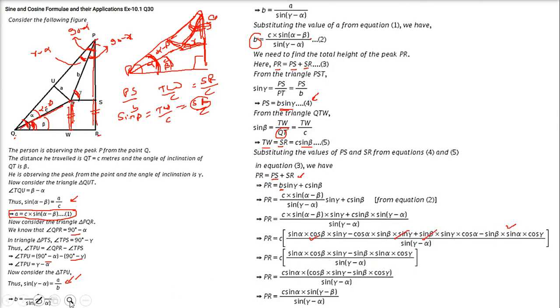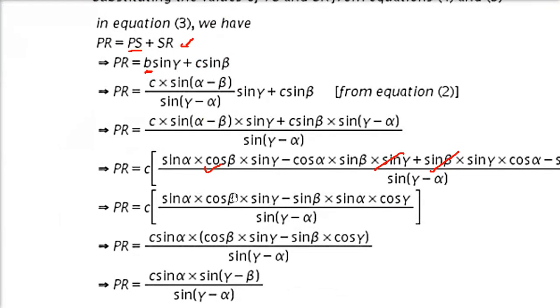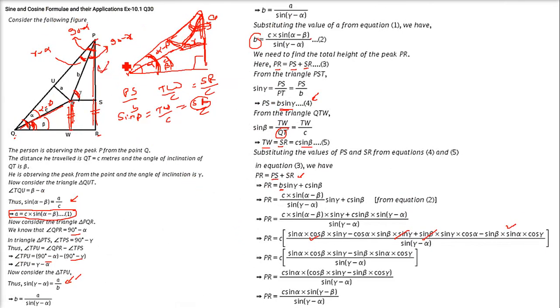In this one, you can take sine alpha common. If you take sine alpha common, this will be cos beta sine gamma minus sine beta cos gamma, which is nothing but sine of gamma minus beta. This is the formula for sine of gamma minus beta. So it will be C sine alpha sine gamma minus beta by sine gamma minus alpha. This is what we needed to prove. Now here we have